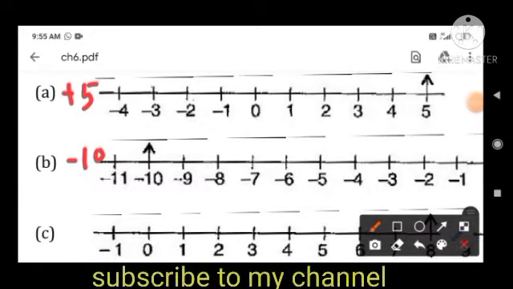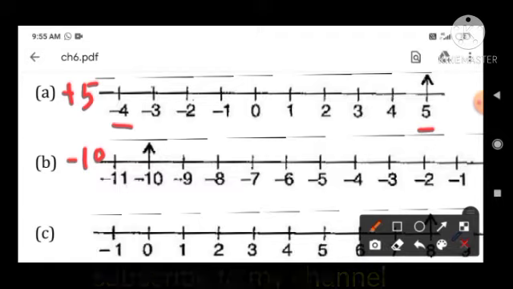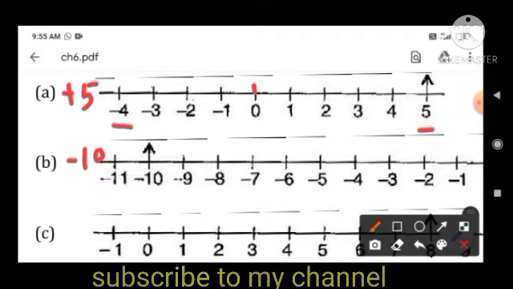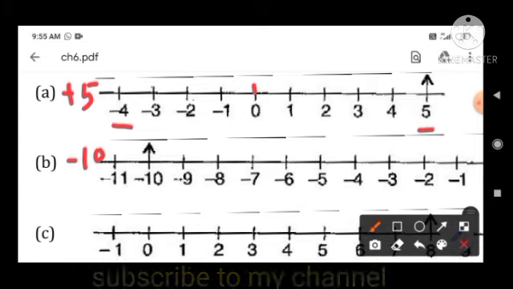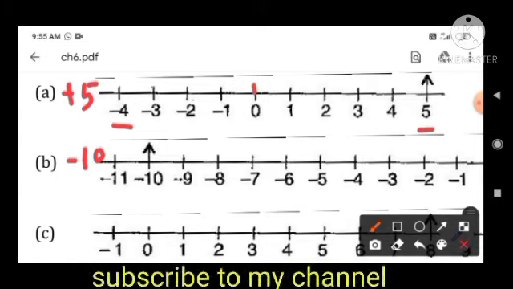Now the first is plus 5, isn't it? This is a positive integer. So I have drawn the number line here. You can see minus 4, and here till 5 I have drawn. So this is 0, 1, 2, 3, 4, 5, and on this side minus 1, minus 2, and minus 3. So where will 5 go? It will go to the right side, isn't it?